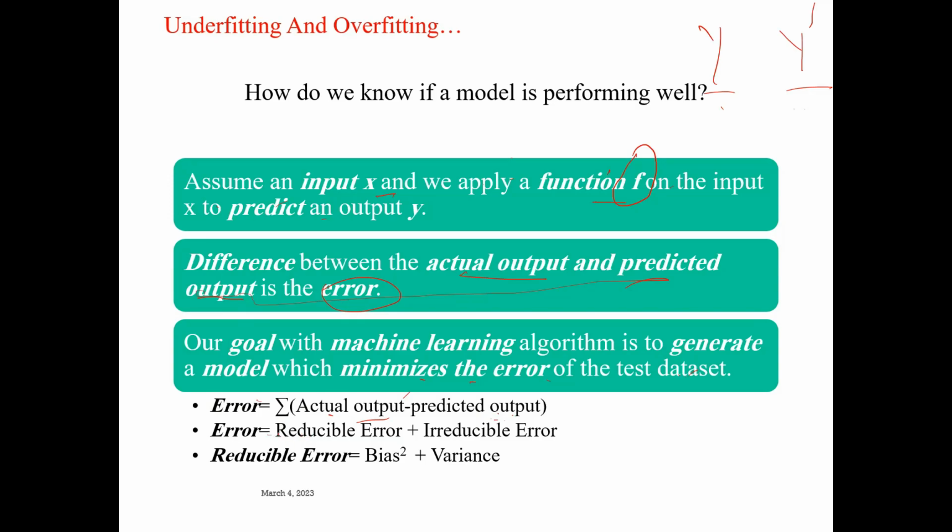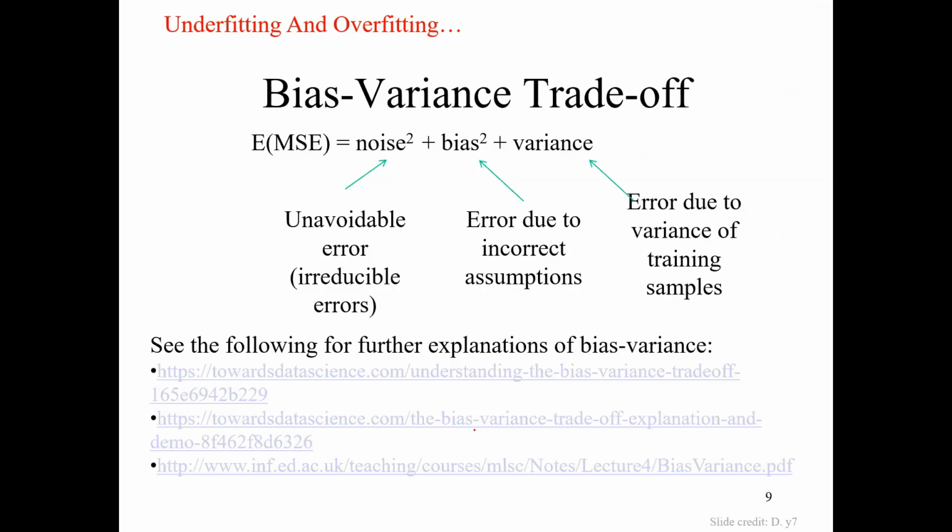And then we have the components of error. Usually, error is defined as reducible error and irreducible error. The irreducible error, I'm going to explain this concept shortly. The reducible error is also defined as the bias plus the variance. This is the entire error. It's made up of